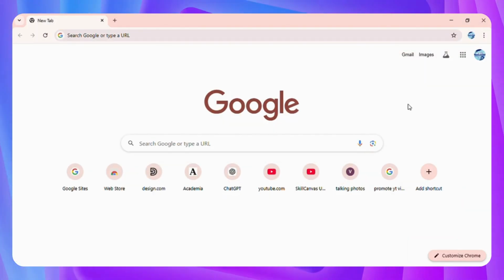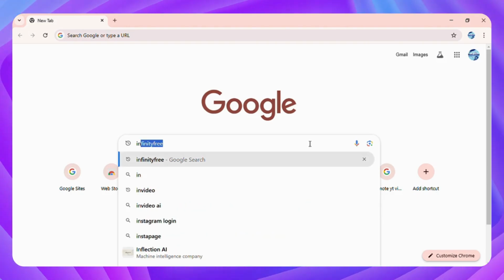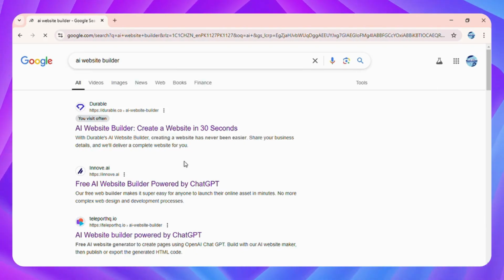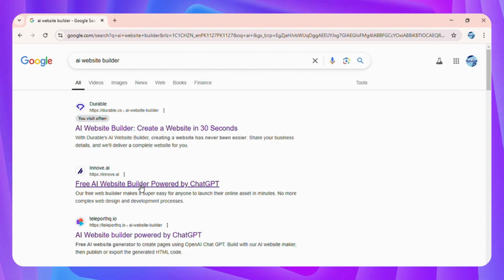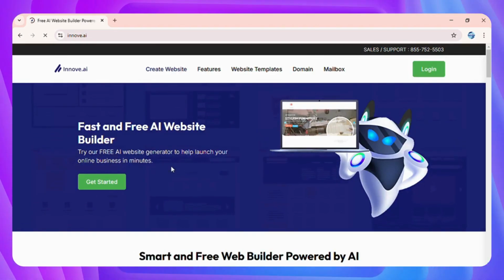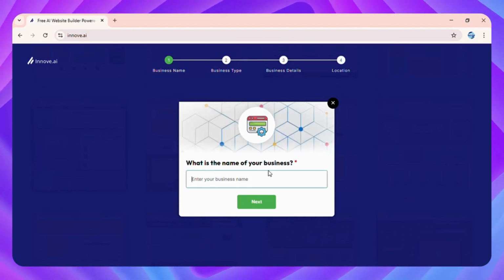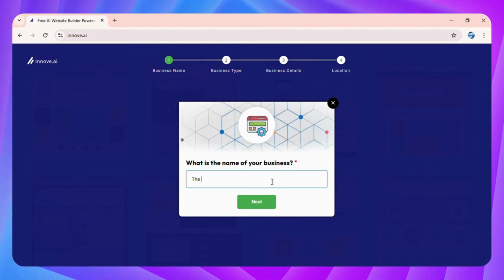To create your very own website, first of all, you're going to search for an AI website builder. Then click on this option saying Innove.ai. Then click on get started. Then tell them about the name of your website, of your business. So I'm going to write the diners